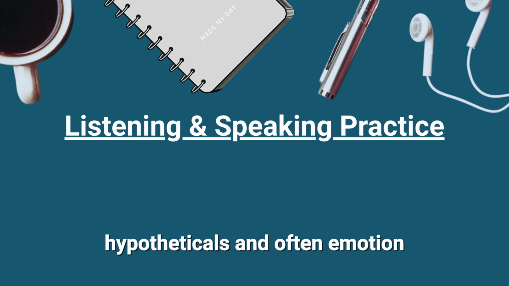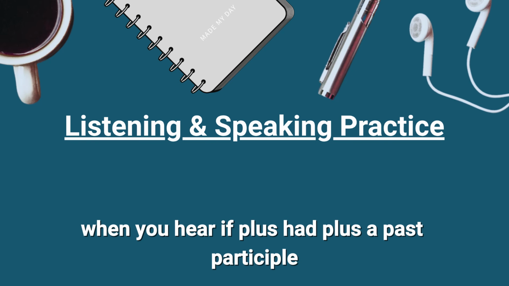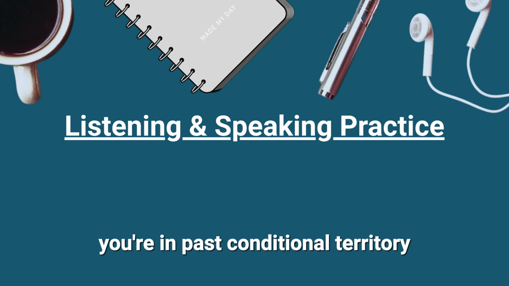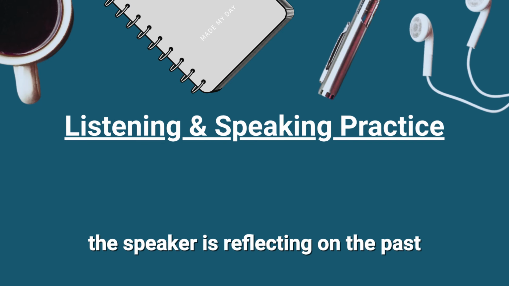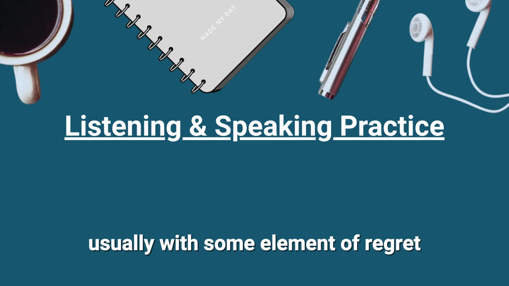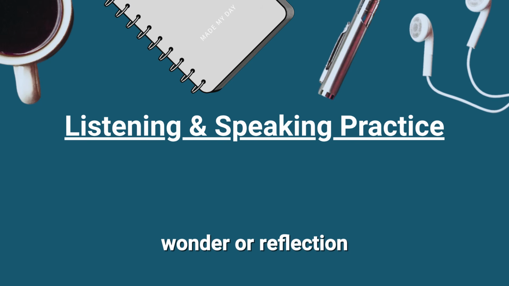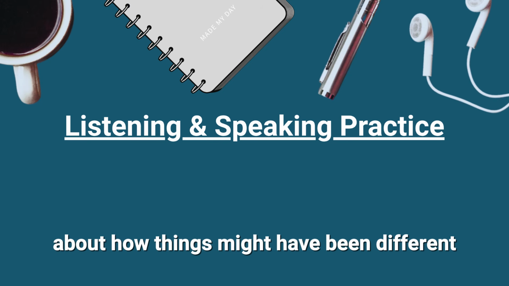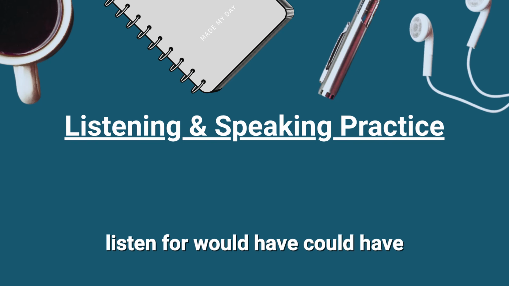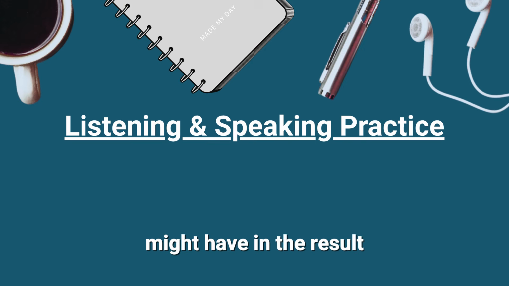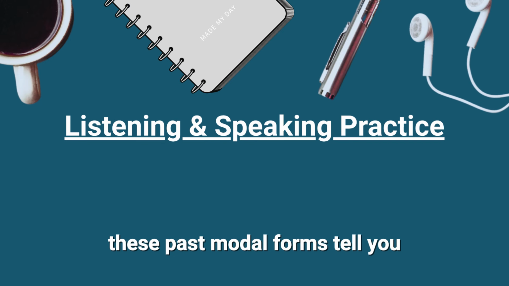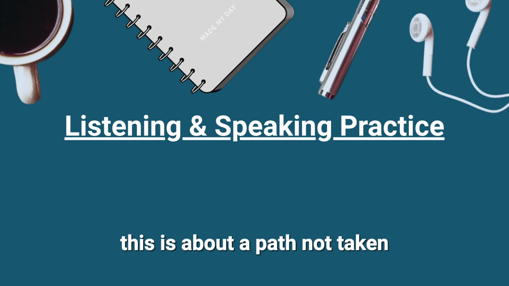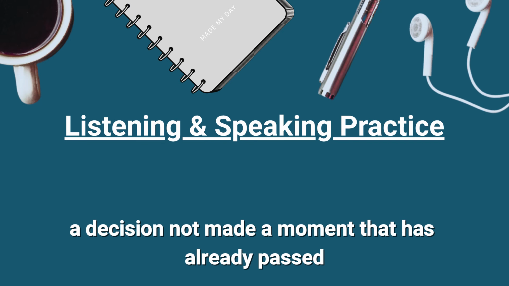hypotheticals, and often emotion. When you hear if plus had plus a past participle, you're in past conditional territory. The speaker is reflecting on the past, usually with some element of regret, wonder, or reflection about how things might have been different. Listen for would have, could have, might have in the result. These past modal forms tell you this is about a path not taken, a decision not made, a moment that